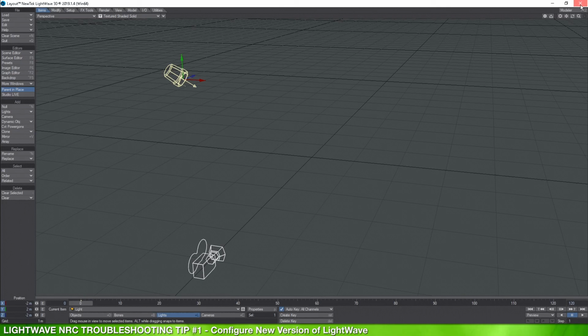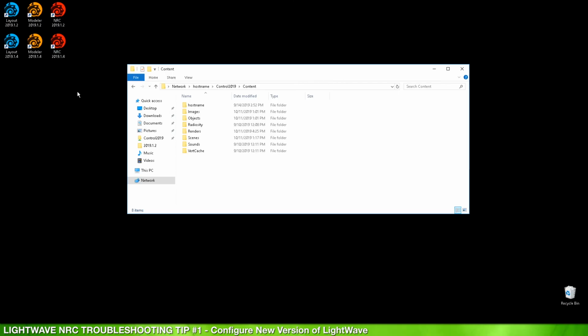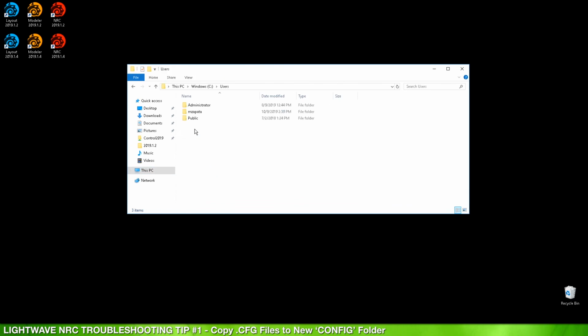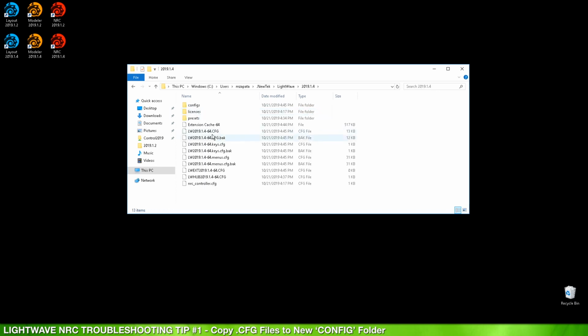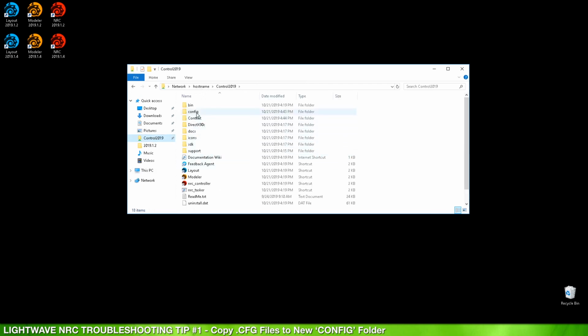So now that that's been configured, I'm going to close LightWave so that it changes the configuration files. So I'm going to go to the user account, go to my NewTek folder. I'm going to see the new version of LightWave. The preferences are here. And the configuration files I need to copy are the 1.4-64 config and your extensions file. So I'm going to copy those, come back into the Control 19 folder, go to config,